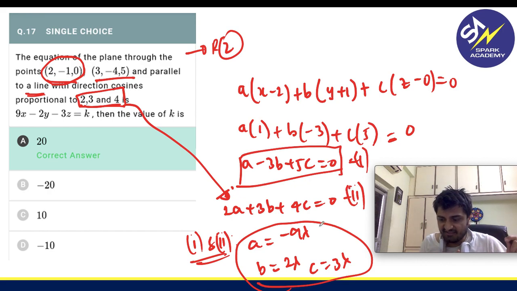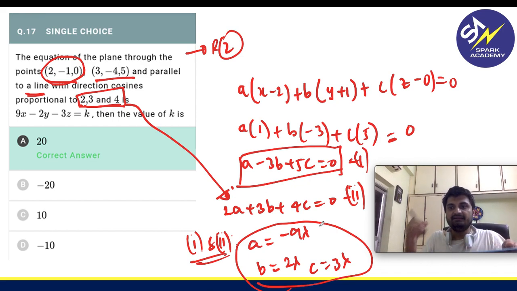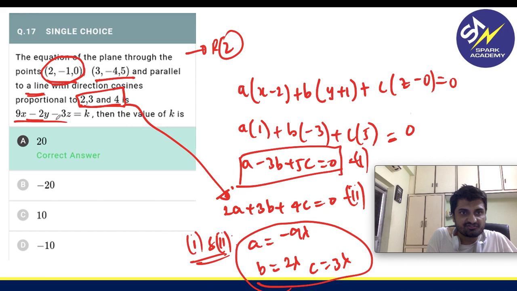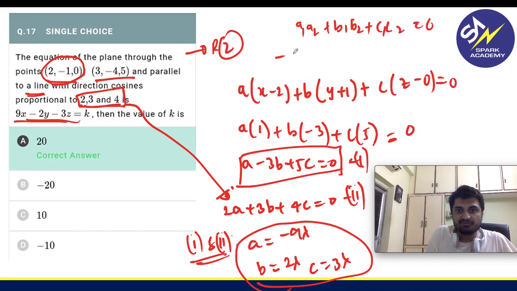Now what is he saying? That passes through, so I got my DC's value, correct? Now I know that DC's in a plane, whenever you have a plane, the DC's line is always perpendicular, right? So this is perpendicular to this. So I can write A1 A2 plus B1 B2 plus C1 C2 equal to 0, or in other words, minus